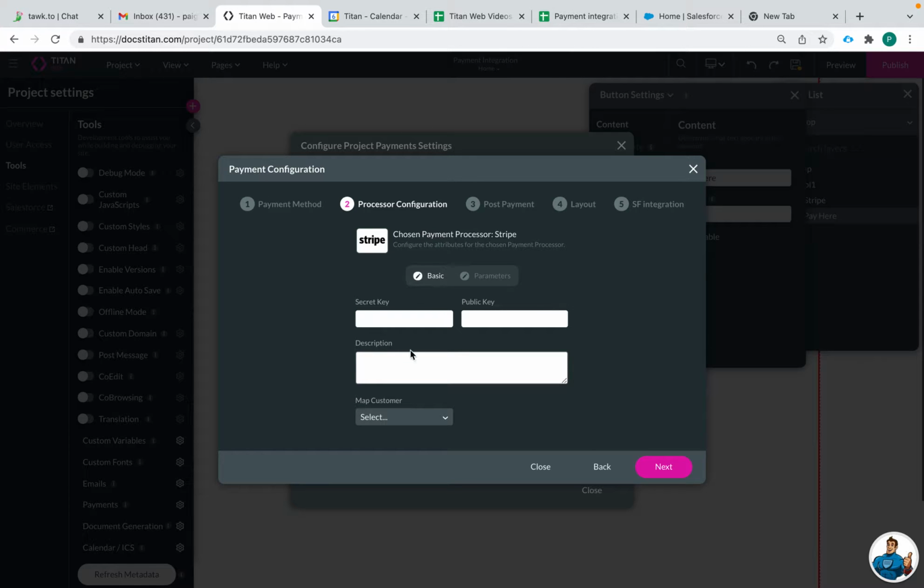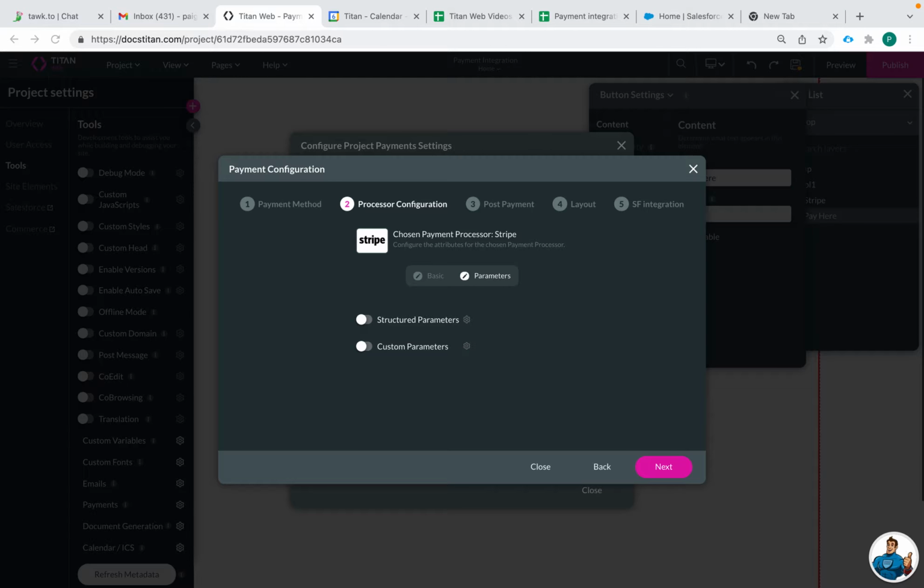Then I'm going to pause my video and enter my credentials using Stripe. Whatever payment method you use, make sure that you set up the credentials that you're given with that payments provider. So, all right, I'll see you in a second. All right, so now that we have configured our